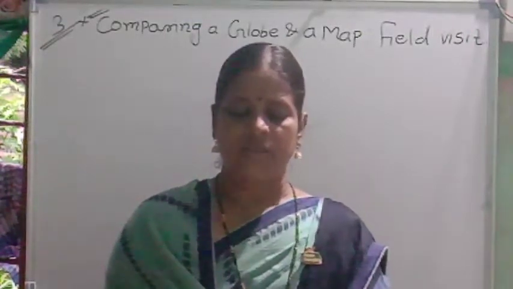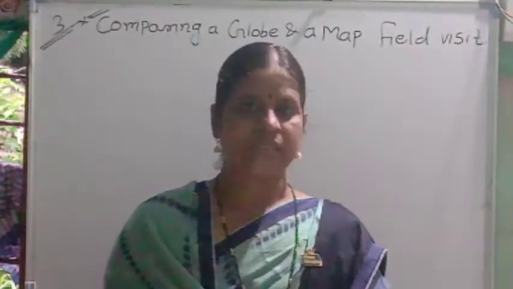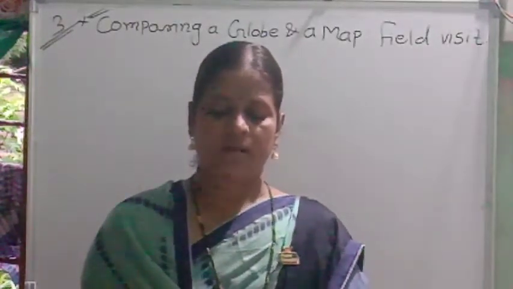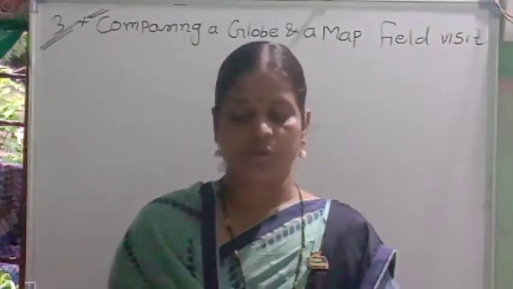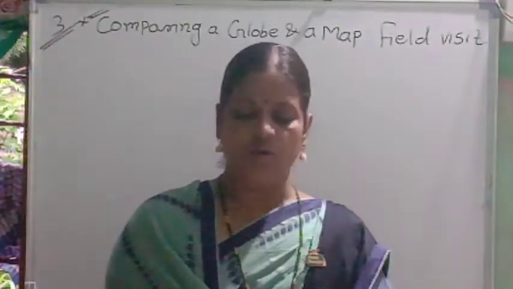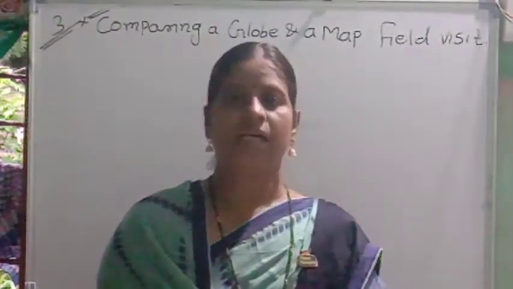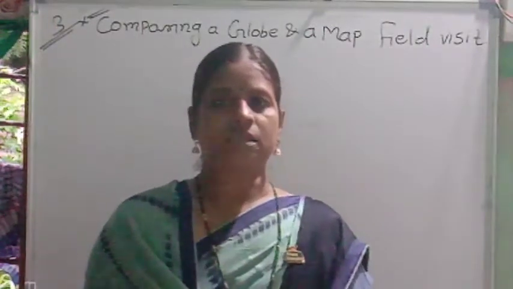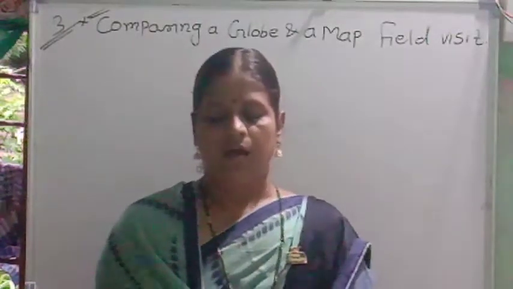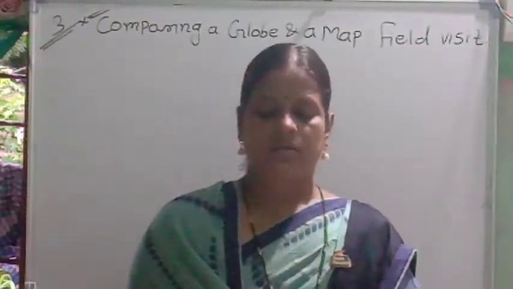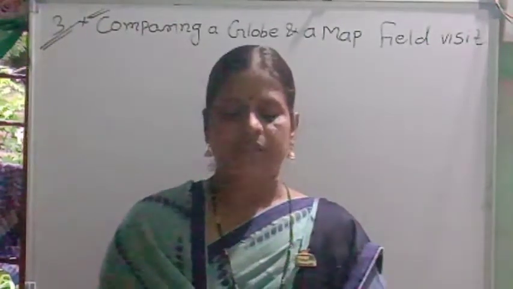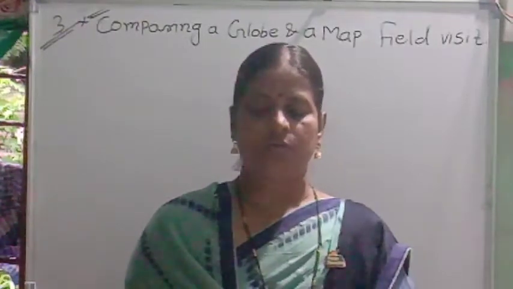With the help of your teachers, visit one of the following places to know the geographical condition of the area: a planetarium, post office, bus station, mall, hill, sea coast, small scale industry, etc. Here some places are given which we know as field visit. With the help of your teachers, visit one of the following places.